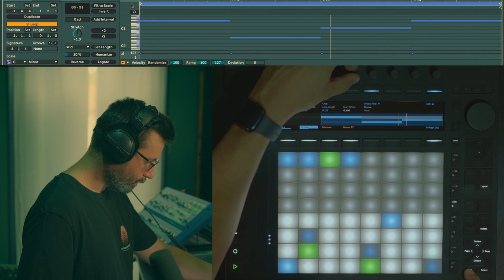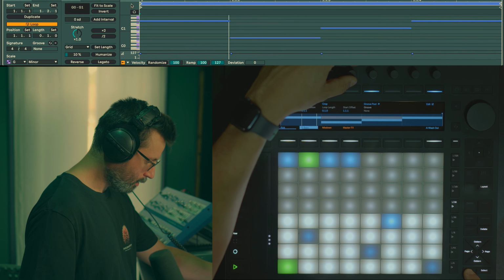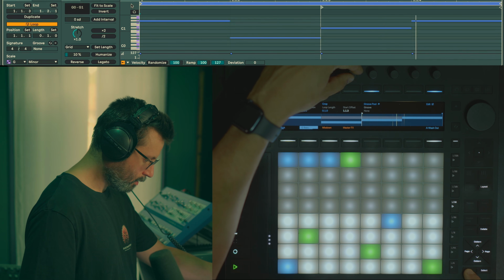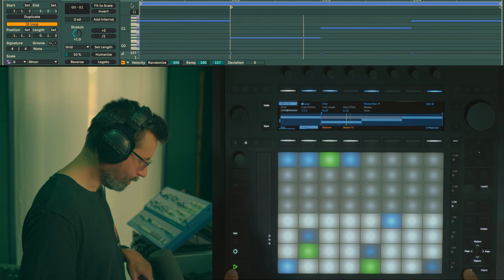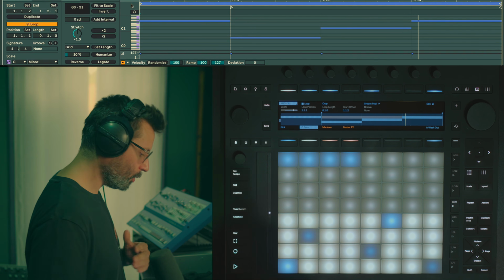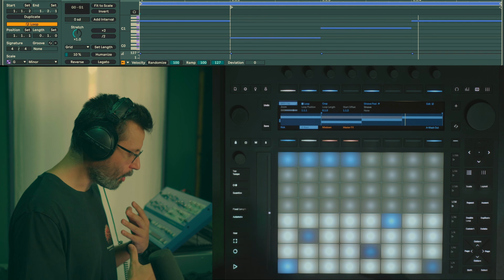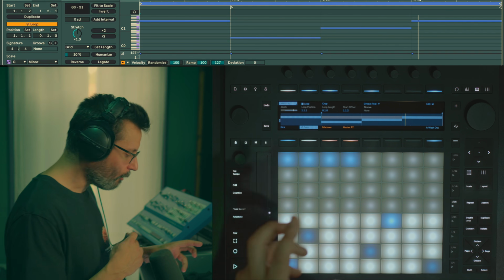Okay, if I do this, you can try different positions, but I prefer this one. So this is the tip I wanted to show you. Now usually when I have my groove going, either I will go in the drums, or I will often also try to create an ambience